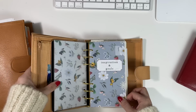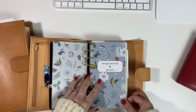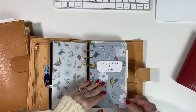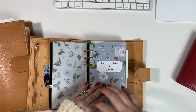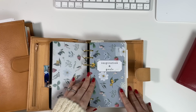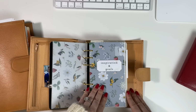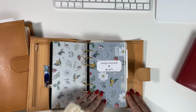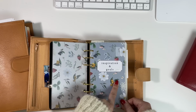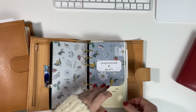I can't really go into too much detail, but I can show you or explain how I use each section. The first one is big picture, and this is where I like to come every day before I start work, to think about why I'm doing what I'm doing, where I want to be in the future, where I want to be in 10 years, what kind of life I want to create for myself and my family. So that's what this is. Again, I use that dashboard that I created. This is inspiration and goals. I can't show you the first few pages, but